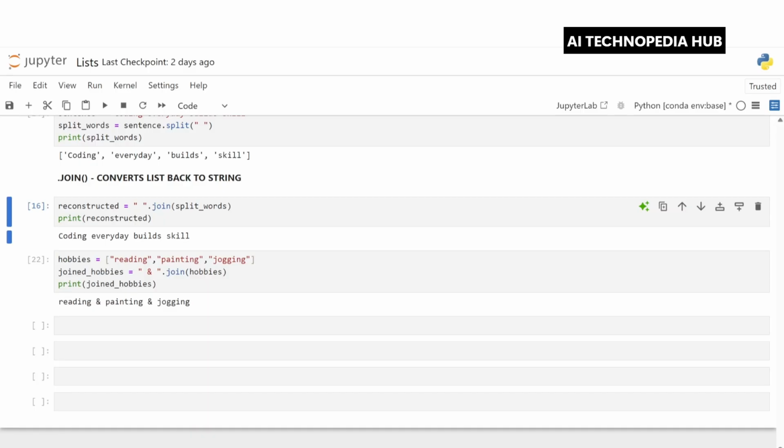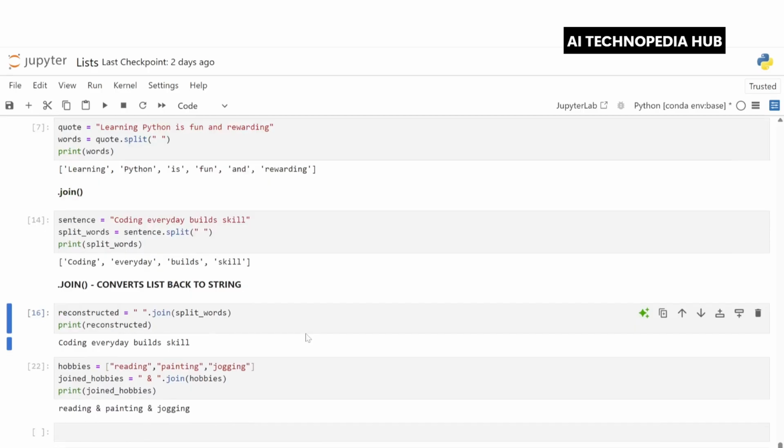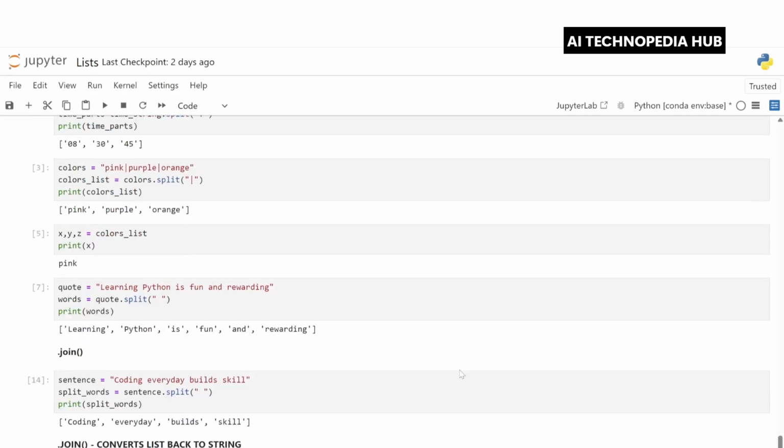Now see what happens when we print joined underscore hobbies. It has combined the individual list elements into a single string. This is commonly used for displaying, formatting the output, or generating custom strings from the list. So I hope this is clear to you, the dot split method and the dot join method.